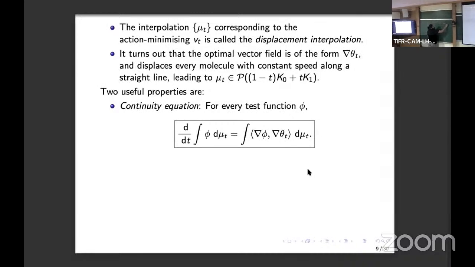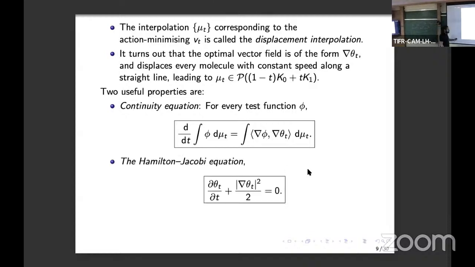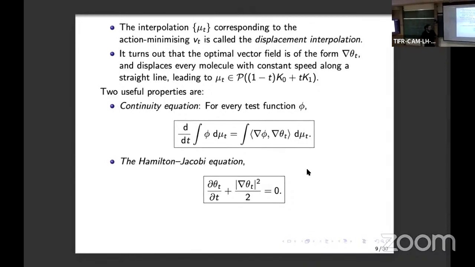Just writing down this equation. So this would hold for anything. The second one, on the other hand, is something to do with optimality. So the velocity field satisfies this Hamilton-Jacobi equation. So what we have just described